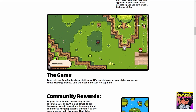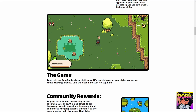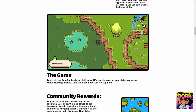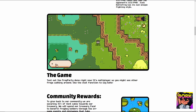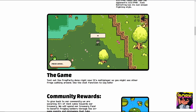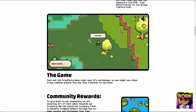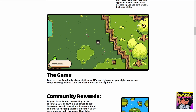And you can see I got this lily pad token, which is the mini game that's enabled on this website right now, where you can collect these tokens, and there might be something hidden in the back that you can interact with. I think this is so cool. Not to mention you can chat right here, say hi, whatever you need to do, or sub to the channel, because I have to shamelessly plug myself. But I absolutely love the fact that we can live and breathe in this world in some ways